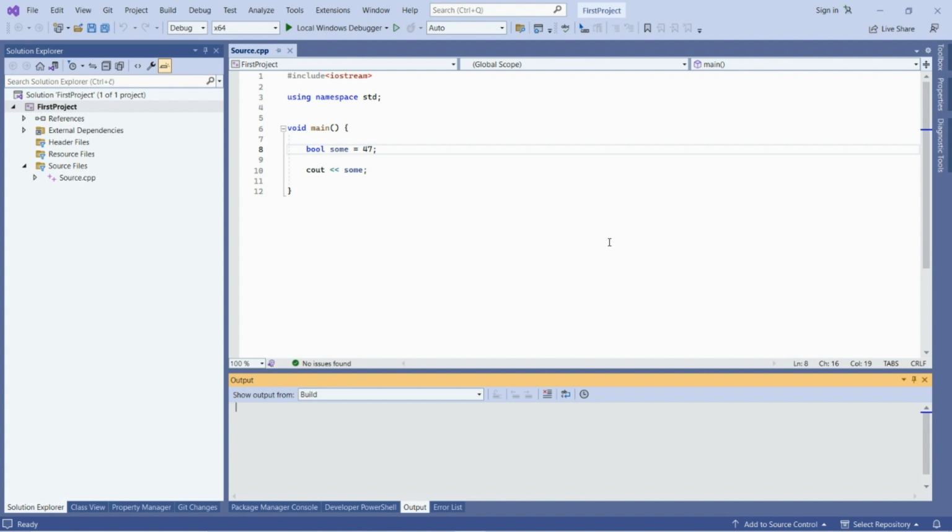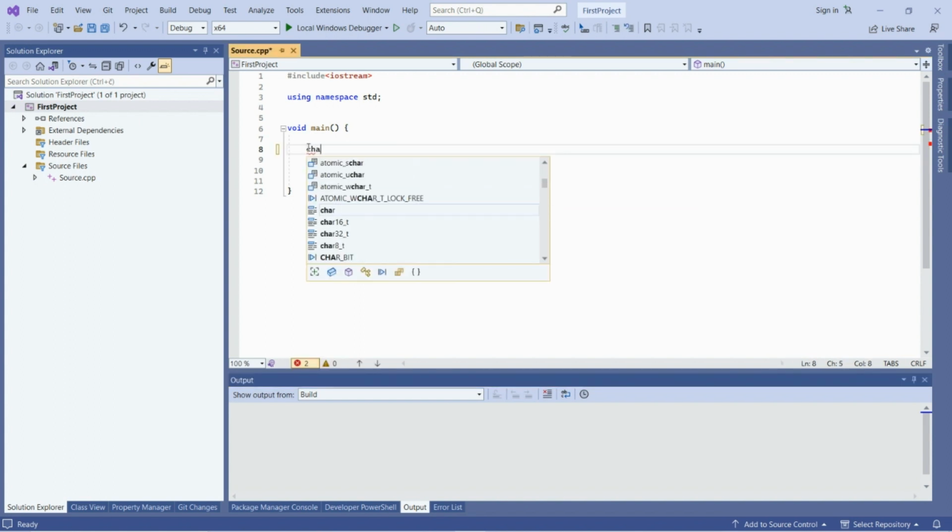And the last thing I'm going to mention in this video is type conversion. There are two types of type conversions in C++, implicit and explicit type conversion. I have already used those conversions in this video. Explicit conversion I used for printing the decimal value of a character.